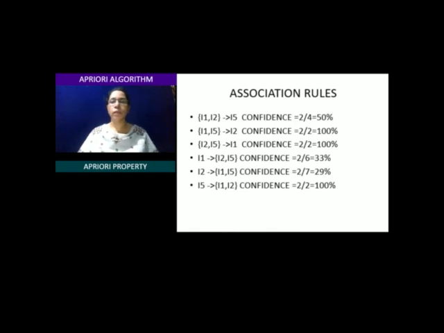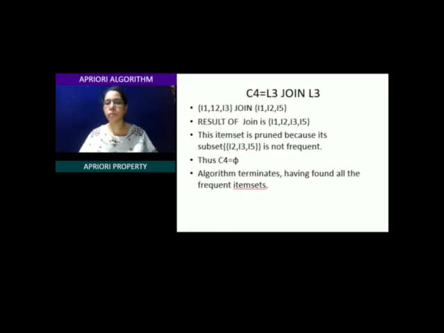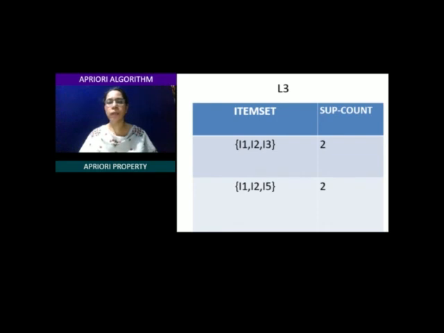Similarly, we considered only one frequent item set. There is one more frequent item set in L3, that is I1, I2, I3. From this item set also, we can form 6 rules and find their confidence values. Those rules with confidence value 70 or above can be considered as strong rules.